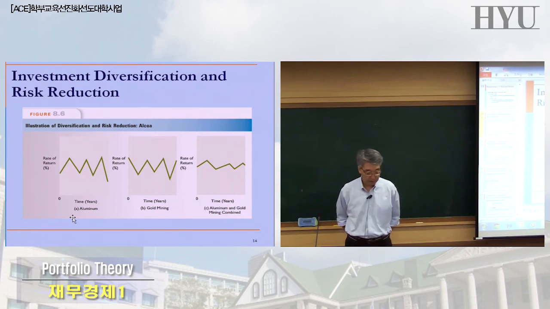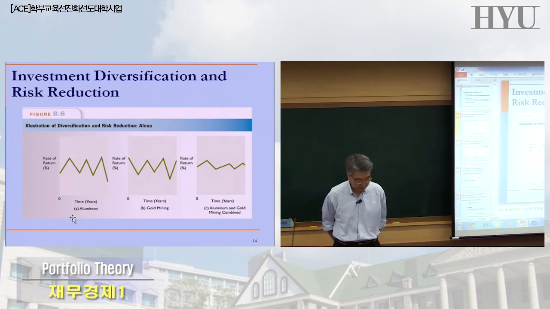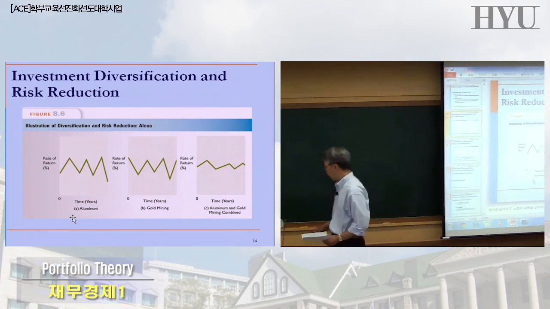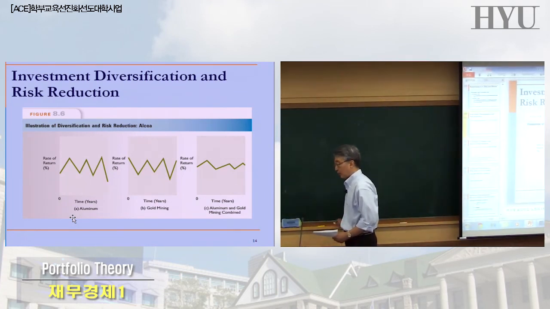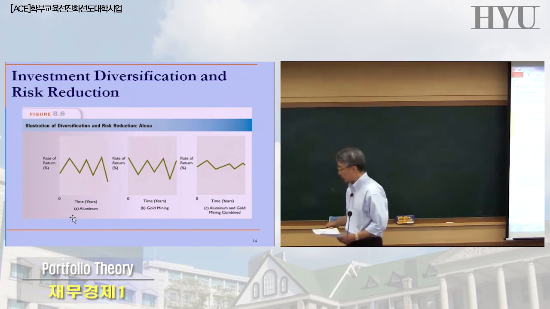You don't have this in your notes. I got this directly out of your textbook, so don't try to find it in your notes. This just gives the idea about the portfolio, the reason why or how we can reduce the risk. So the idea is, according to the textbook,